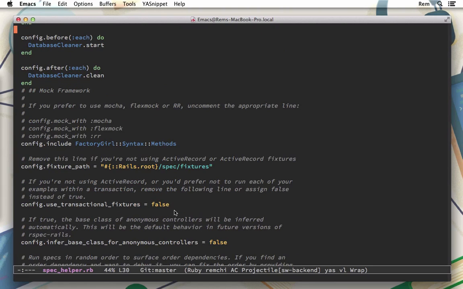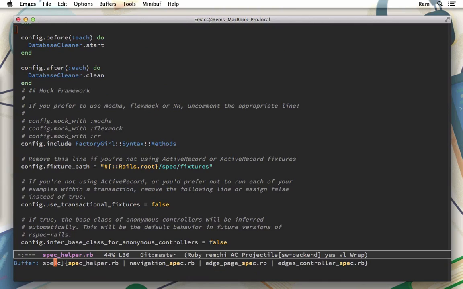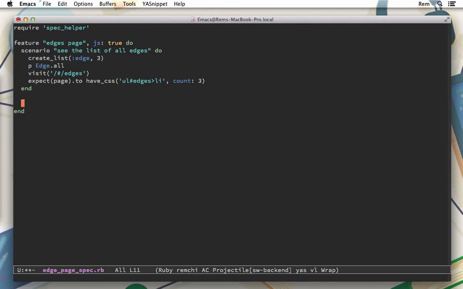Okay, so let's write another spec. In this spec, we're going to test clicking. So clicking on an edge toggles its description. Basically we do all the tests that we've done before by hand. Now we want Capybara to do that. So what we do here, we create an edge with description